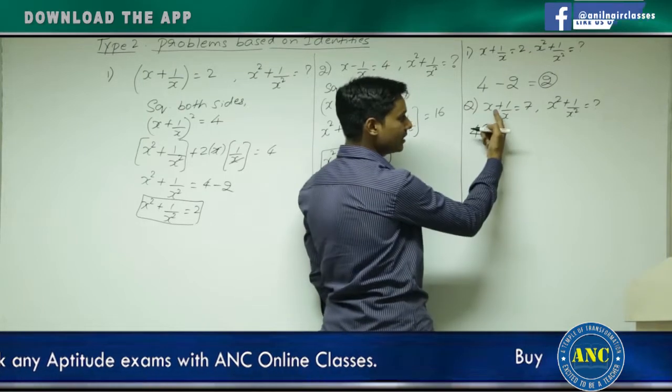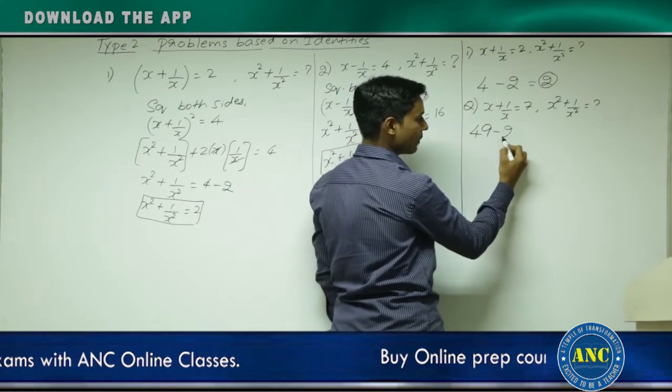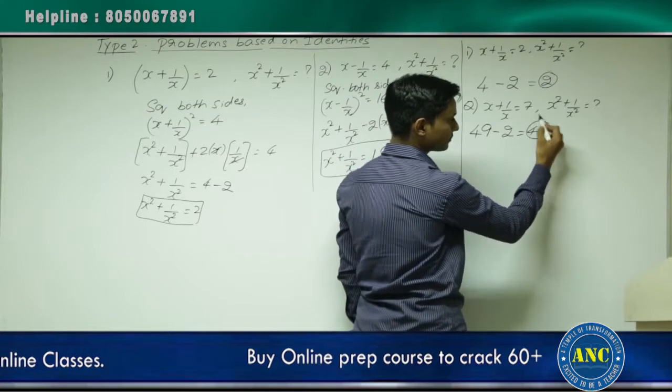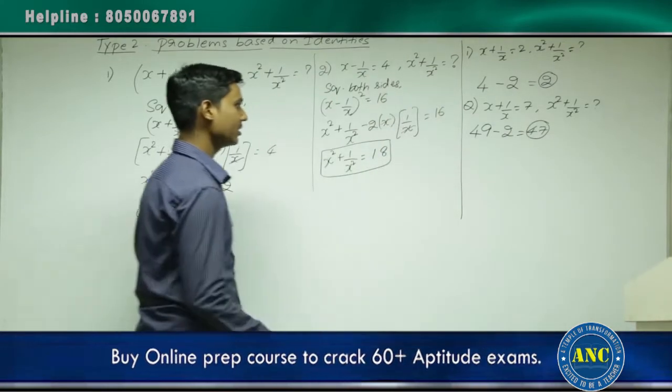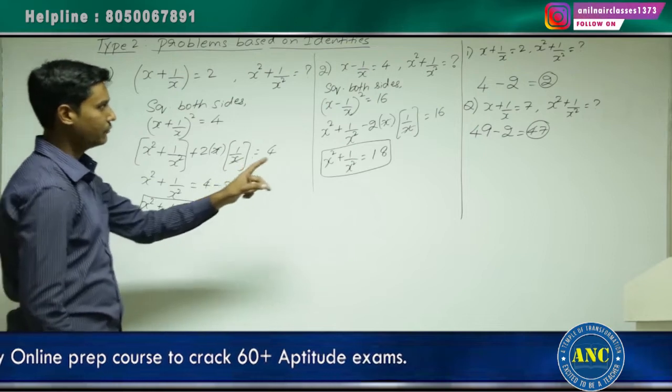Here the given data is plus, so subtract 2. The answer should be 47. Right, the answer should be 47. Same logic, if it is the opposite,